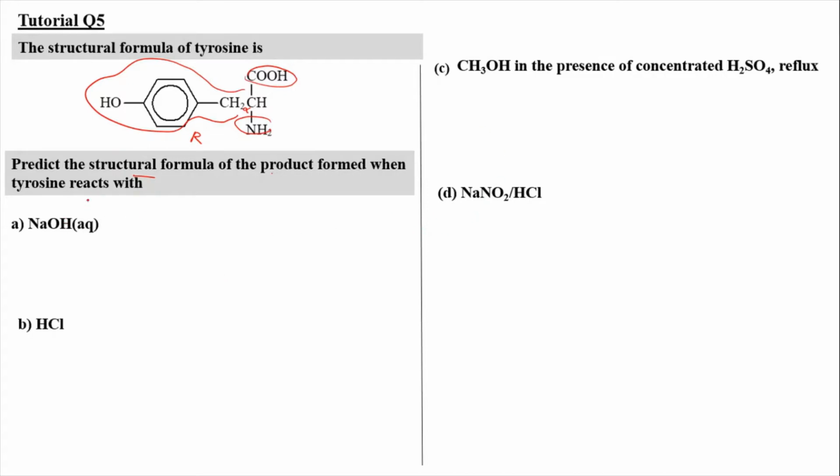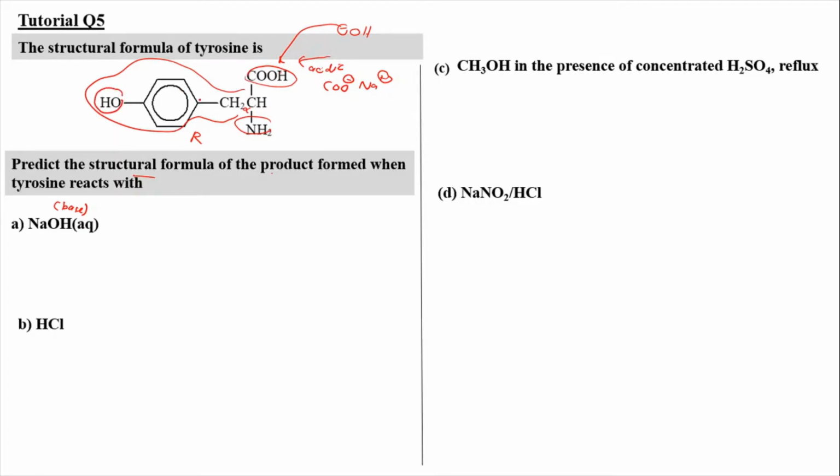So when the tyrosine reacts with aqueous sodium hydroxide, the sodium hydroxide here is a base. So the base is going to react with the acidic part. This is going to form a COO minus because the H plus is going to be taken by the hydroxide ion. So the hydroxide takes the hydrogen, forming COO minus, and Na plus is going to be close by to the COO minus. Okay, at the same time,